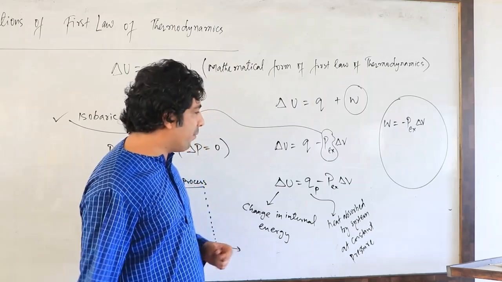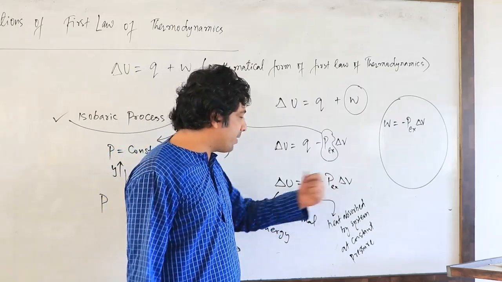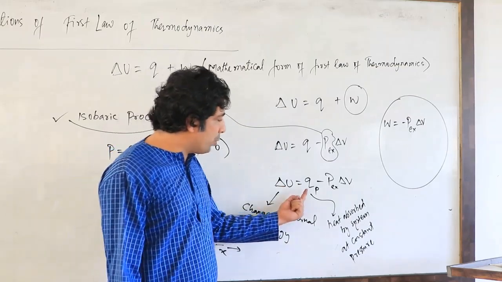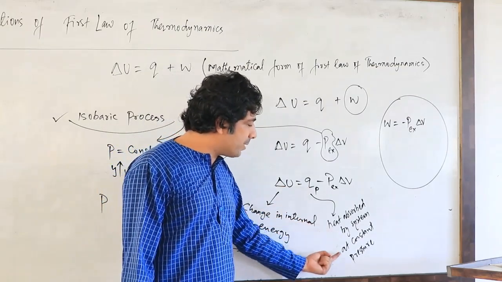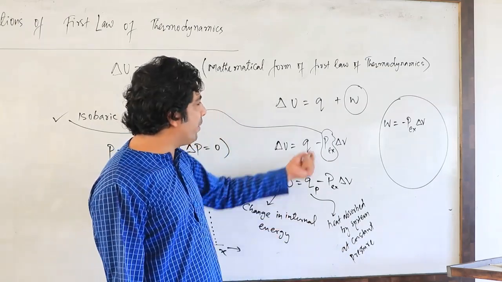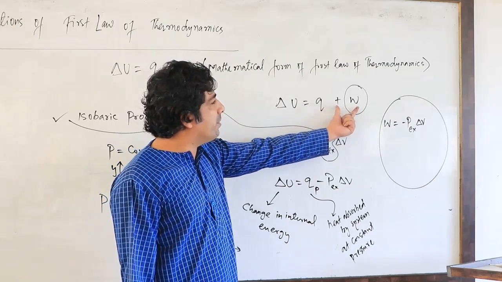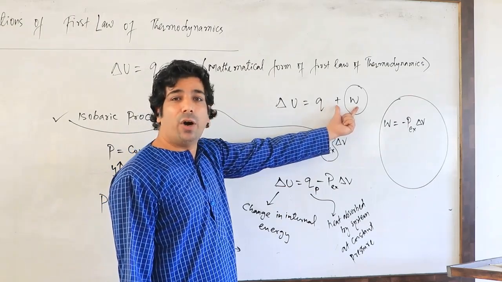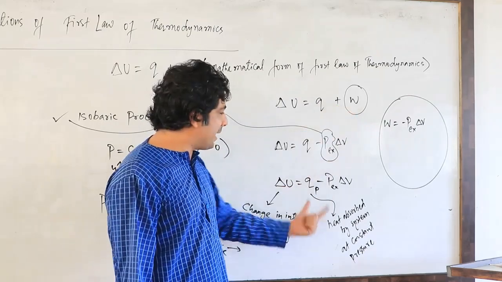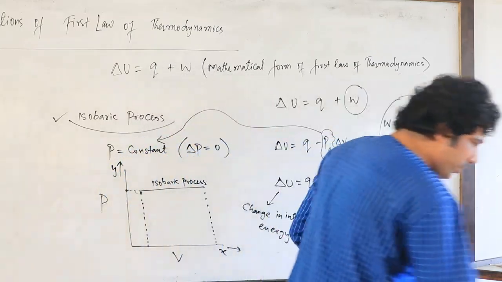So my dear friends, this term if we explain right out here, the change in internal energy is due to the heat absorbed by system at constant pressure. And if we go to the previous expression plus W, it means work is done on the system, not by the system. So let's explain it a little further.